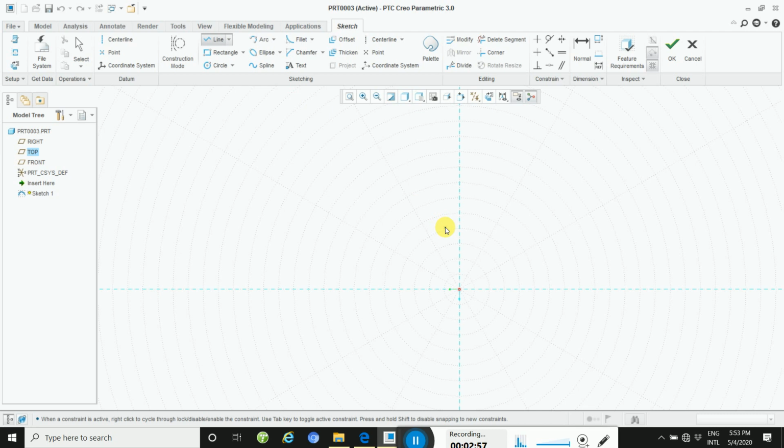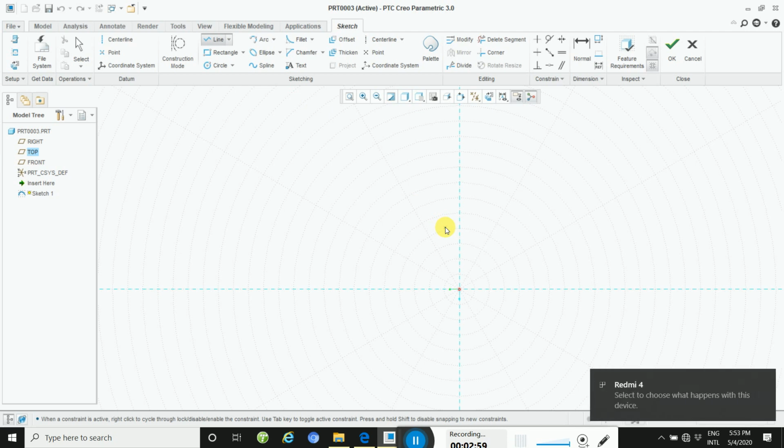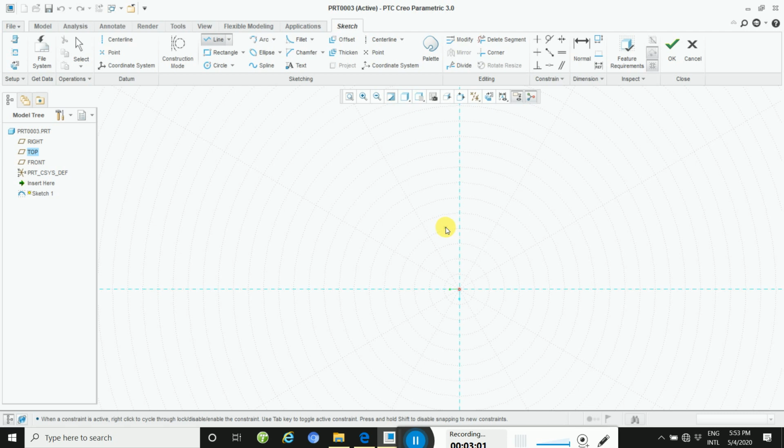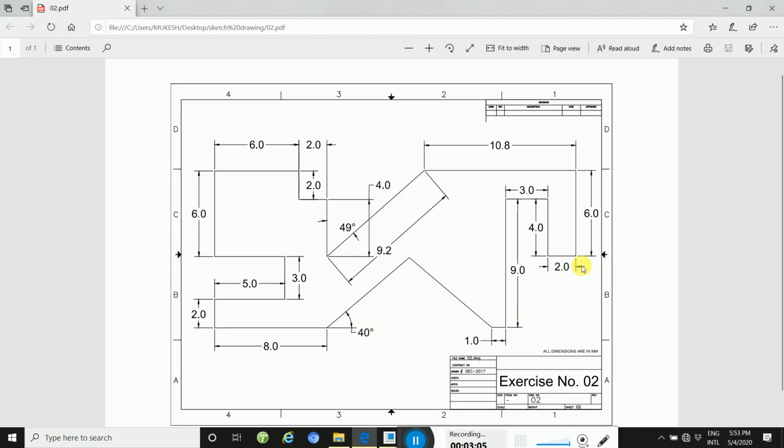First you see your drawing. Here is the drawing. First you draw a 6 mm line, then a 10.8 mm line, then 9.2 mm, then 4 mm, then 2 mm.